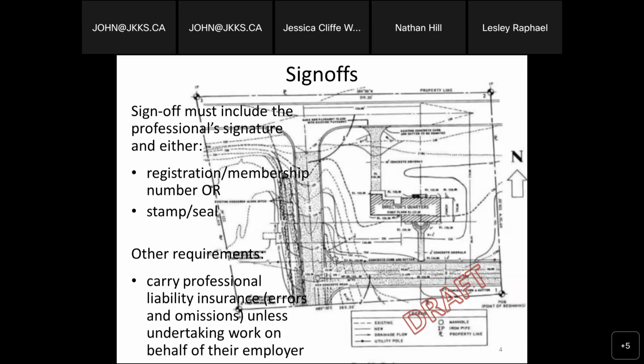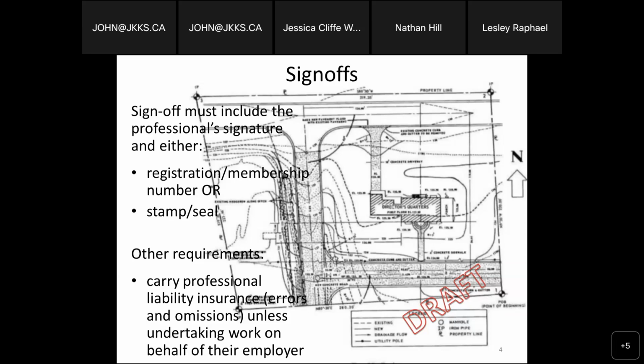Some other requirements that may need to be considered is certainly that the architect or engineer or the professional must carry professional liability insurance. In other words, errors and omissions insurance, unless undertaking work on behalf of their employer. And then it would be assumed that they would hopefully be protected under the employer's